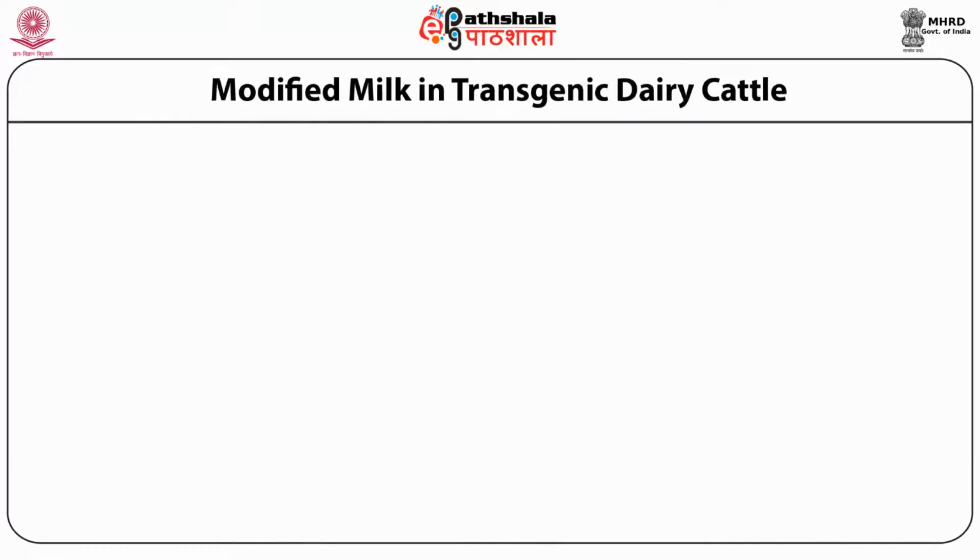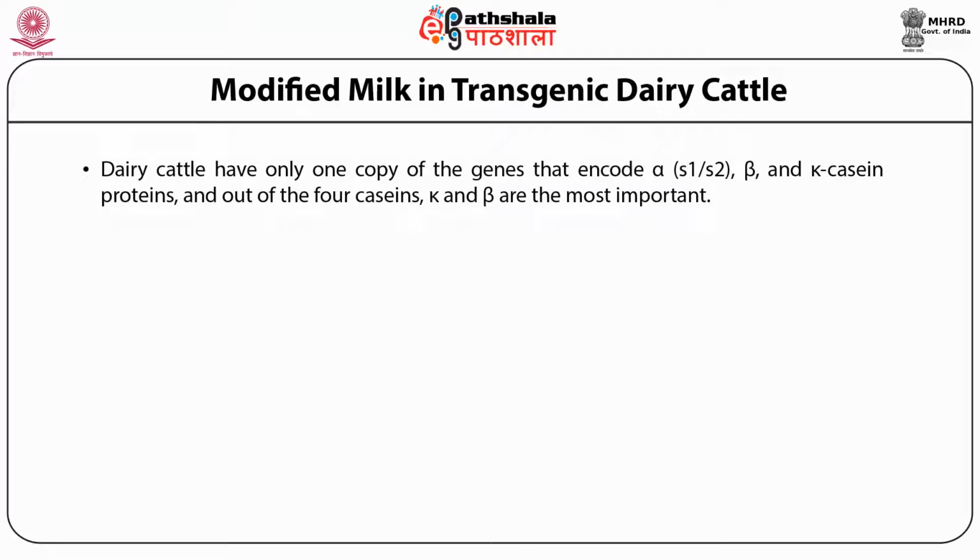Now coming to the modified milk, transgenic dairy cattle have only one copy of the genes that encode alpha S1, alpha S2, beta and kappa casein proteins, and out of the four caseins, kappa and beta are the most important. We also know that kappa and beta casein are very important as far as cheese making is concerned. So in this case also, these two proteins are very important. Increased